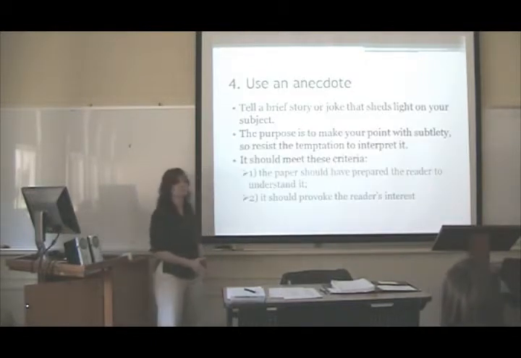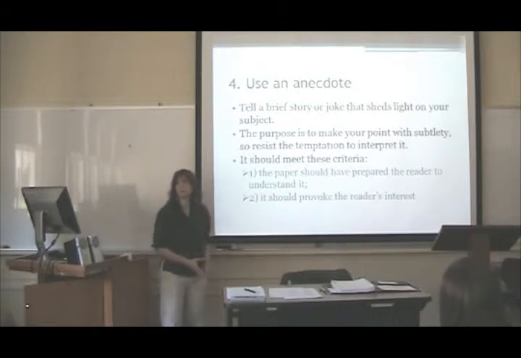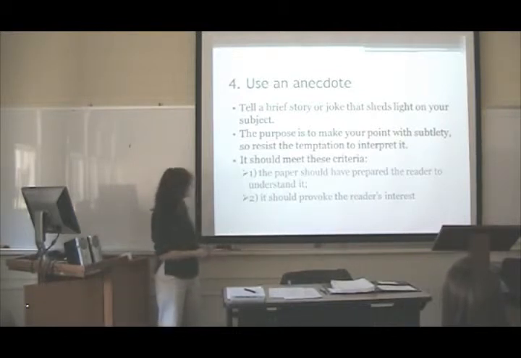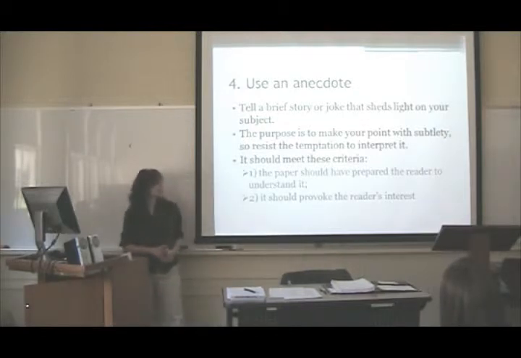Fourth thing you can do is use an anecdote, right? So tell a brief story. And the whole point here is not to belabor the point, or to then go ahead and interpret your story. Just throw it out there and then you'll be done. And the reader has already been set up to understand it, and it's designed to provoke